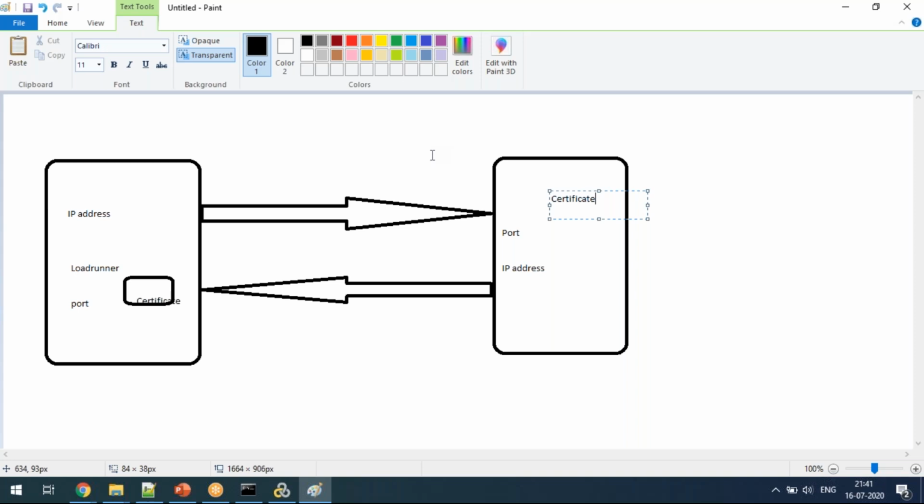So I would like to ask, Shravan, the certificate, is it similar to what we do in JMeter? We put it in the browser so that it can access the CA root certificate. CA root certificate you are saying, right? Exactly. Yeah. Okay. See, guys, I don't know how many of you know how to take a root certificate in LoadRunner. But I will explain how to take the root certificate and how to install it.